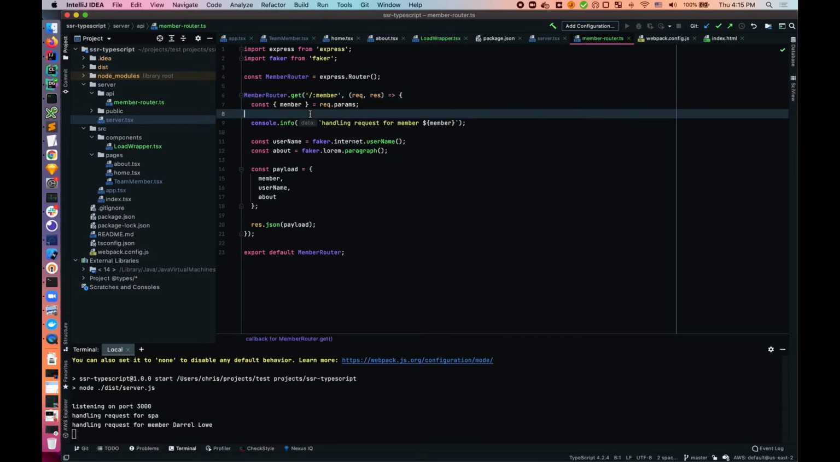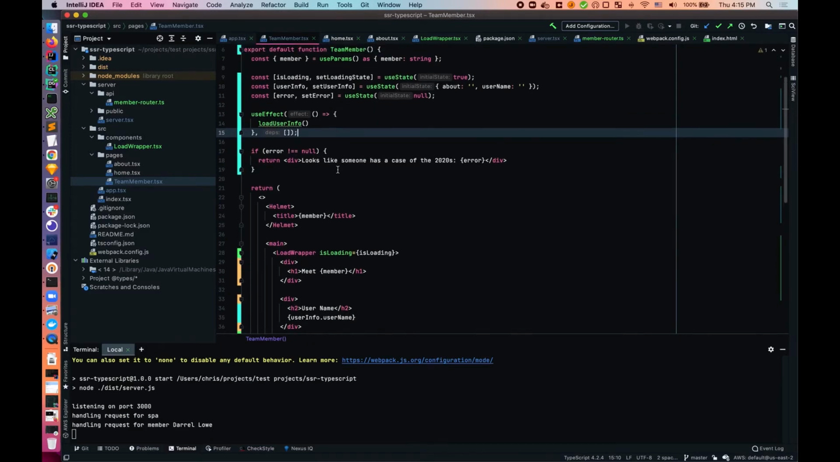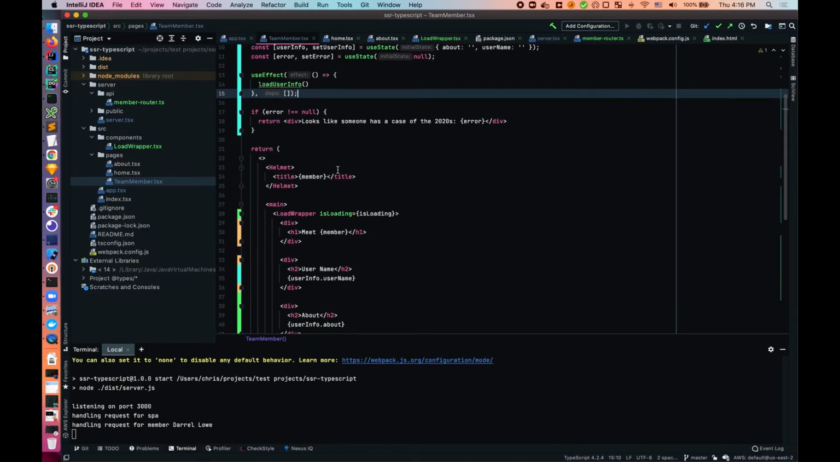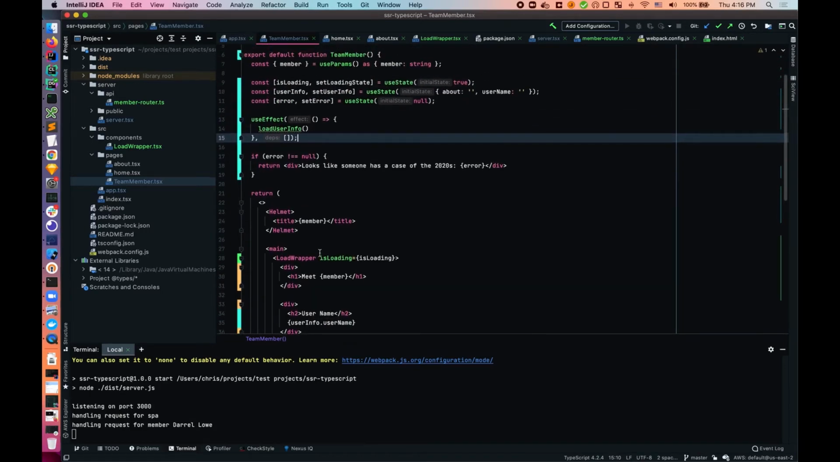So we're just taking what we were doing before on the client side here, generating an about section with some lorem ipsum text. And we're also adding here now a username, and we're going to return that as JSON. So going back over to our client side team member page here, we're no longer generating that about text client side. We've also added a username section. We are instead